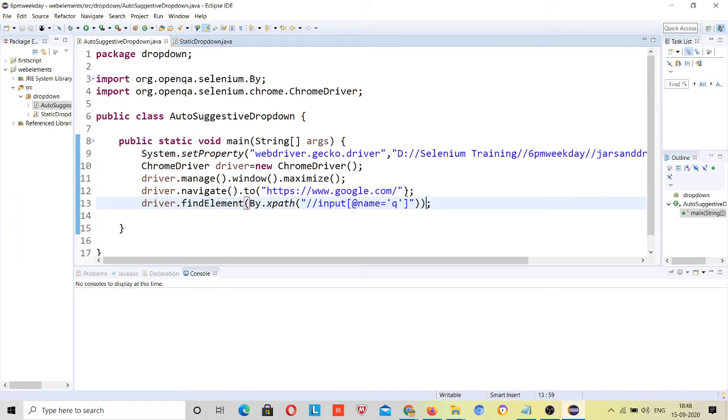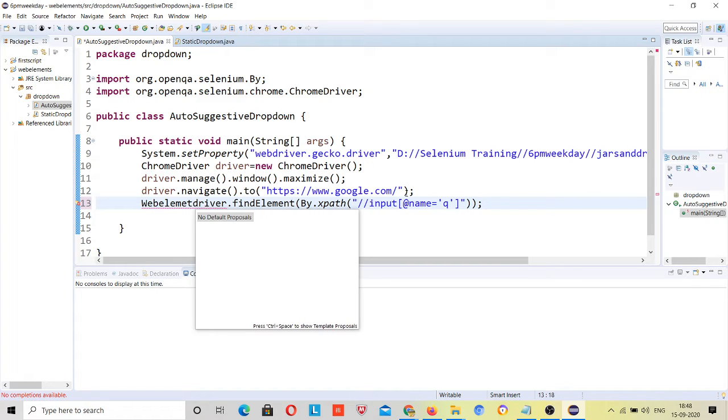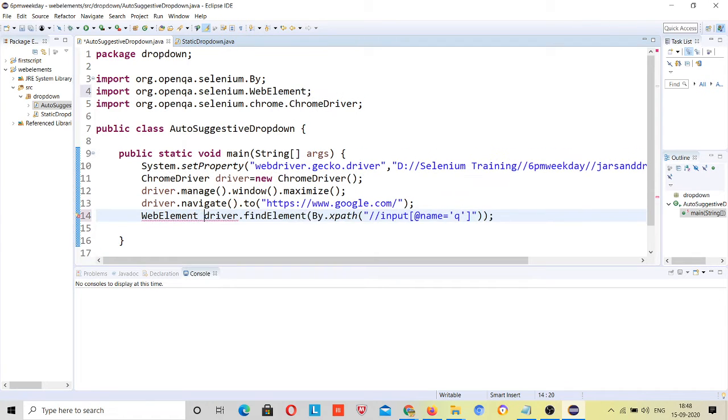Suppose you know that you will use this xpath in multiple locations, then you can store this element inside a WebElement, give it a name you can understand, like Google search box, right? Okay, now store it.